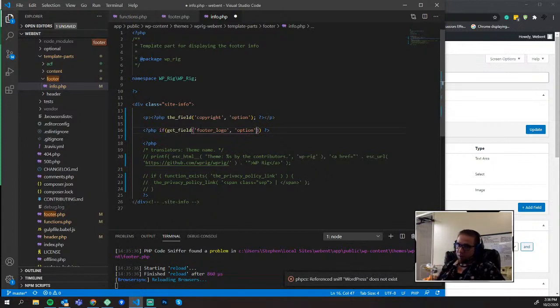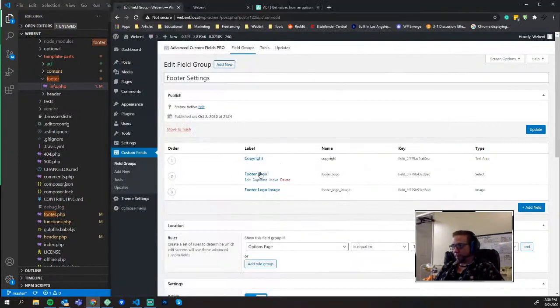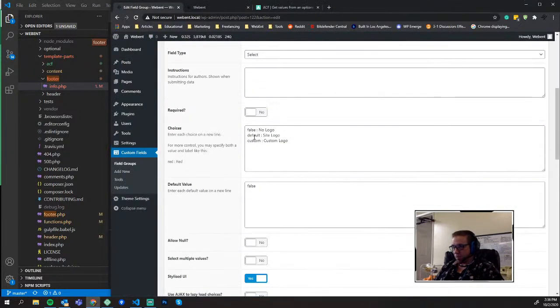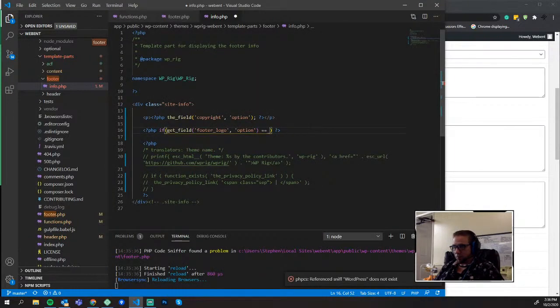Then if this is true, I guess just say if it equals default, then